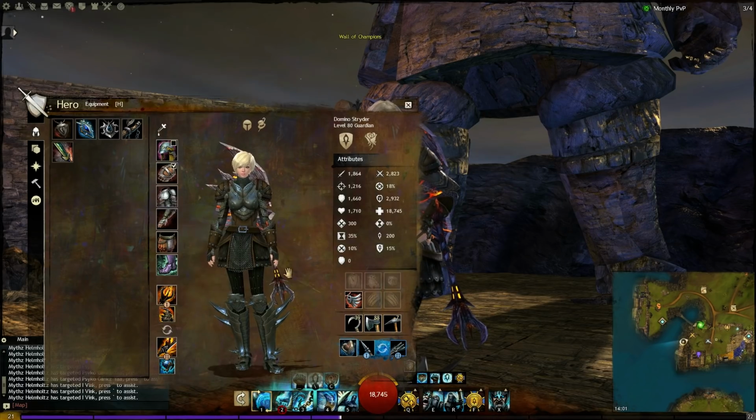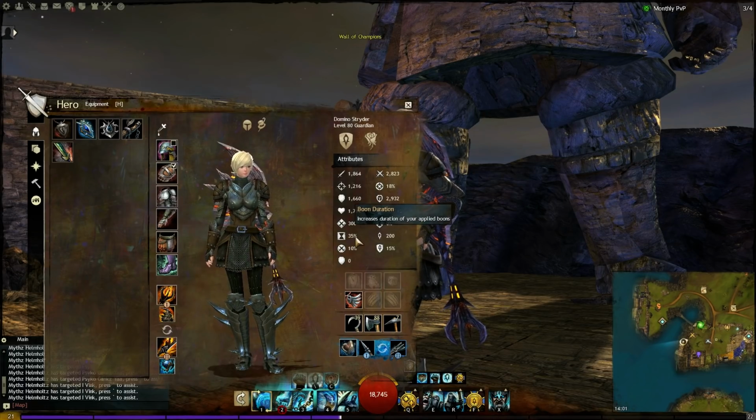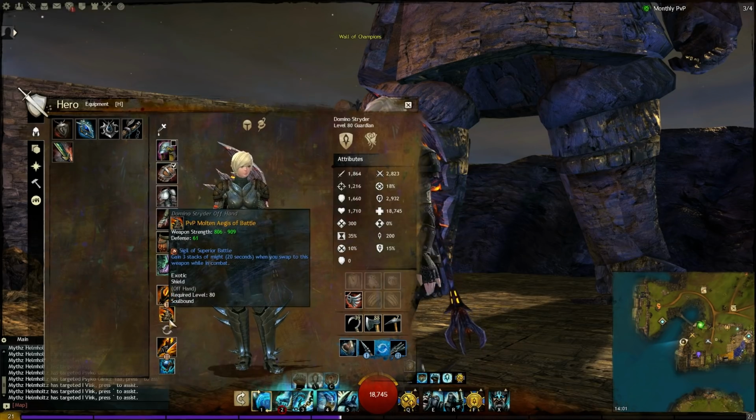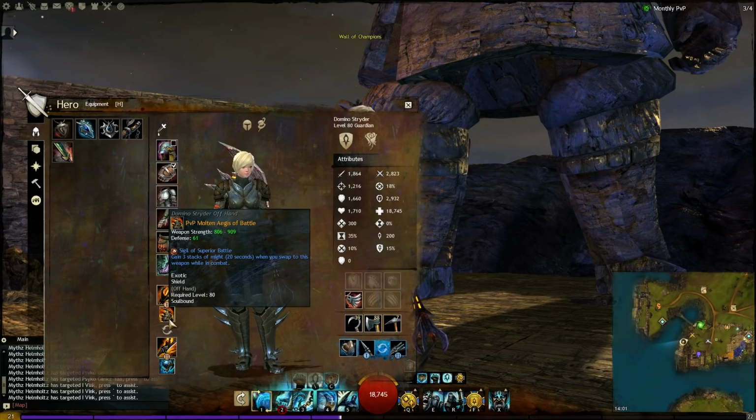We actually got some pretty strong boon duration. You can see it there, it's at 35%. And we've also got this 20% here, so it's actually going to give us 55% longer boon duration. Which means if you're swapping your weapons on a regular basis, which you will be doing with a build like this, because you're able to cycle through these weapons quite quickly, you're actually going to be having a